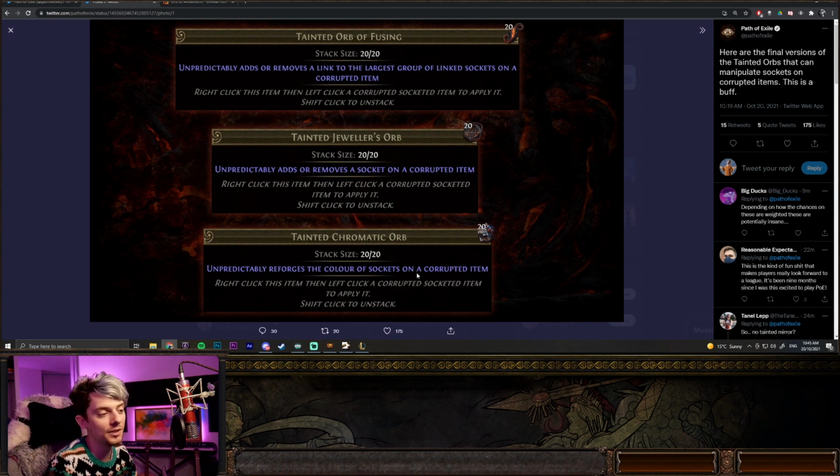But all of them are absolutely crazy. This is totally changing how we view corrupted items. So much more than ever before, because once an item is corrupted, we can now still modify that item with Exalted Orbs, potentially tainted